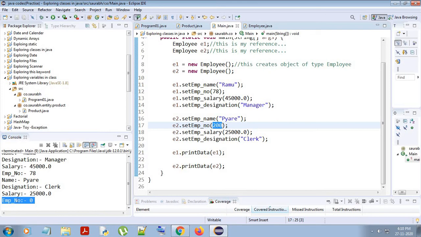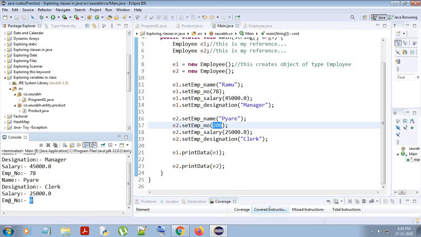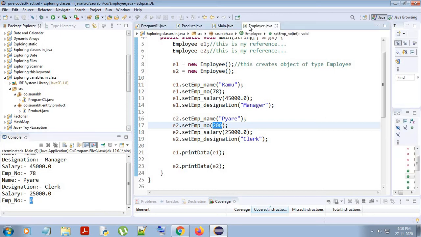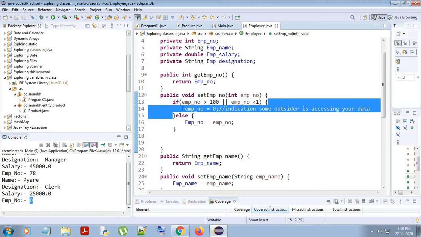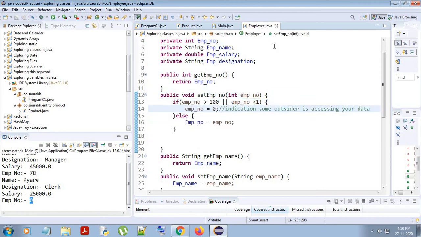Therefore the employee number for my Pyare will not get reflected, or it will be added as 0. Or else, what more we can do here is throw a runtime exception.